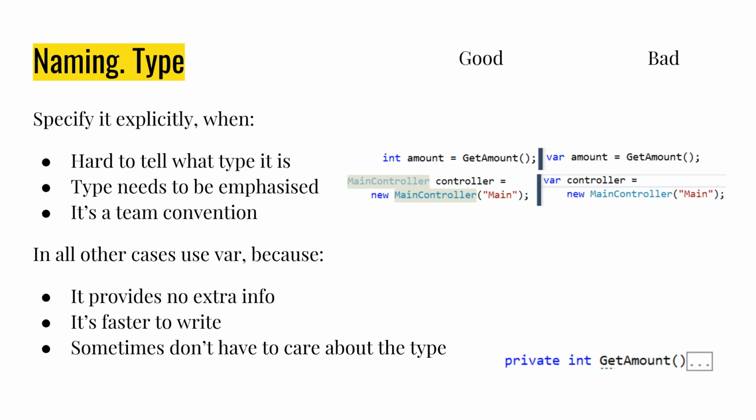So in general, prefer var over type because it's faster and easier, but a more interesting case is when you would like to specify what type it is explicitly. When it's hard to tell what the type is, it should be explicitly typed, named. For example, in our case, we have amount. Is amount an integer, or is it a float, a double, decimal, short, single? I don't know. I can find out by looking at a get amount method, and I see that it's int,